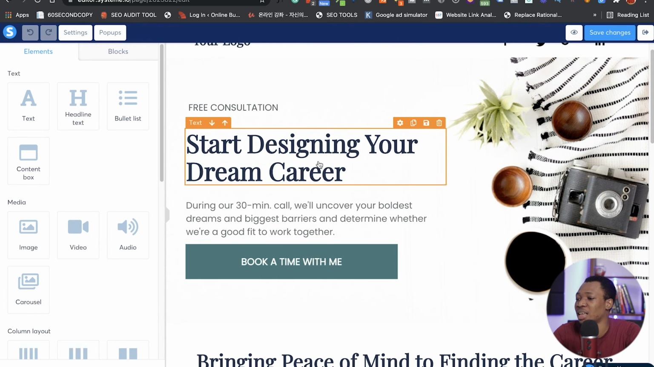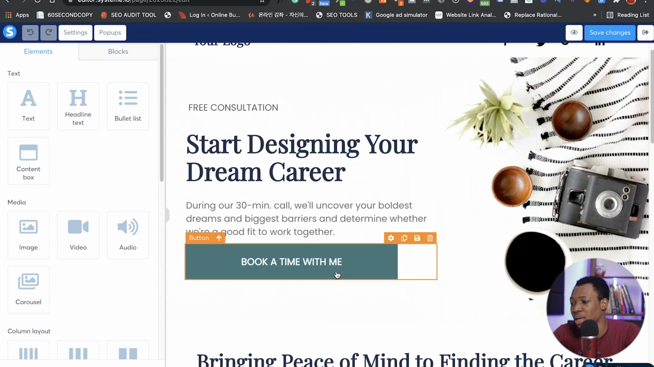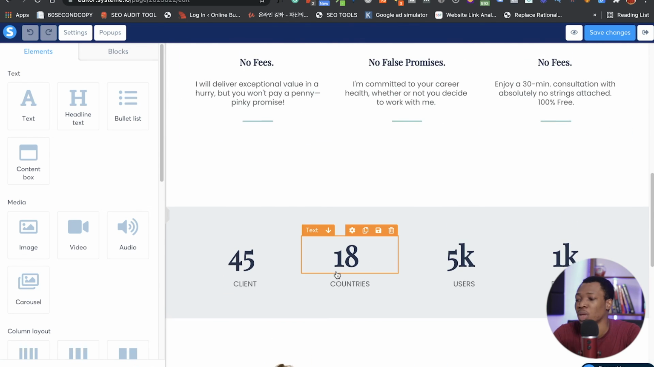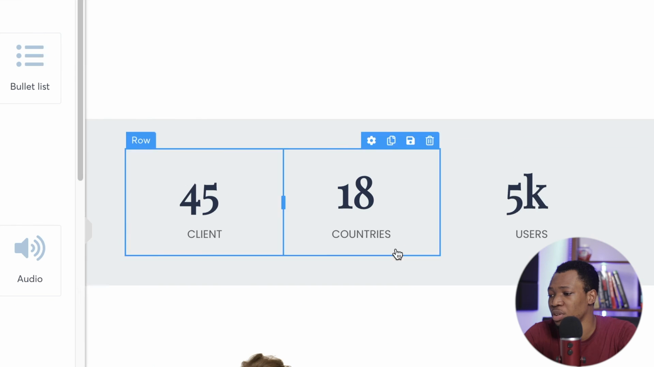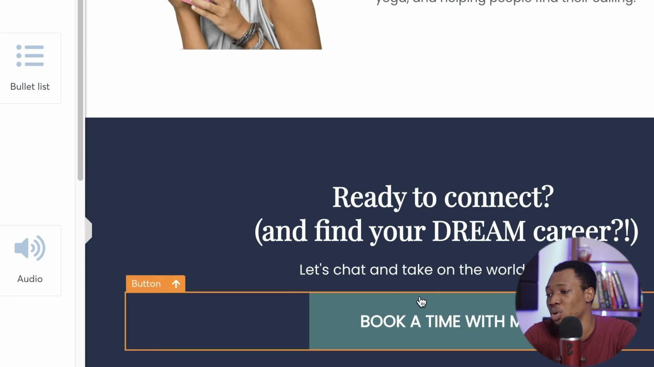It says here, start designing your dream career. During our 30 minutes call, we uncover your boldest dreams and biggest barriers and determine whether you're a good fit to work together. Book a time with me. So this is if you actually want people to book a time with you, and you can put your info right here and a little about you, and scrolling down